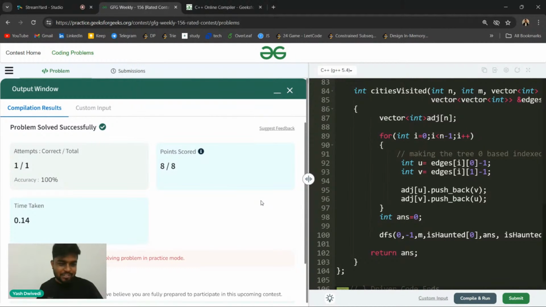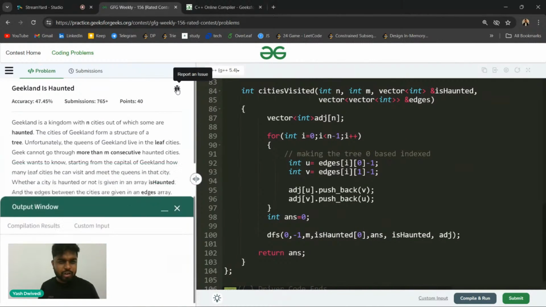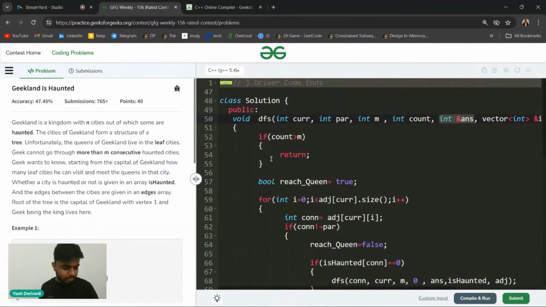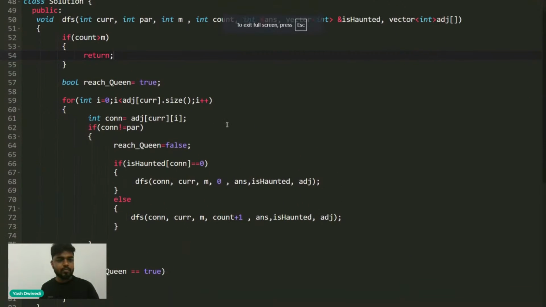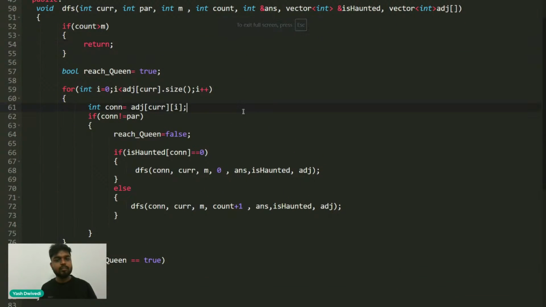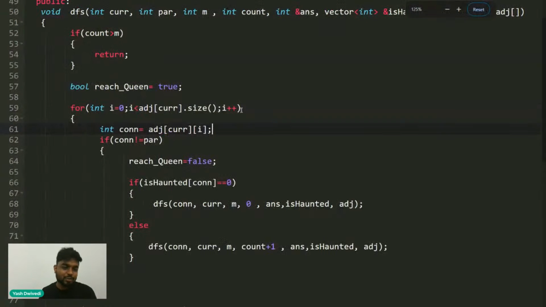So is this problem crystal clear to everyone, guys? Yes or no? This was an easy problem, I'll say. It was not that tough, right? So is this clear to everyone? Is there any part which is not clear to you guys? Is the problem clear to everyone overall, guys? Yes or no?